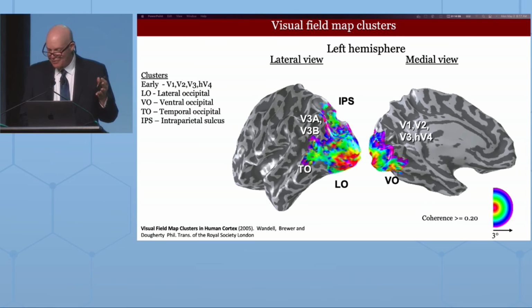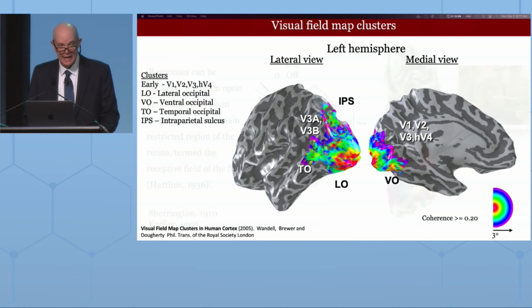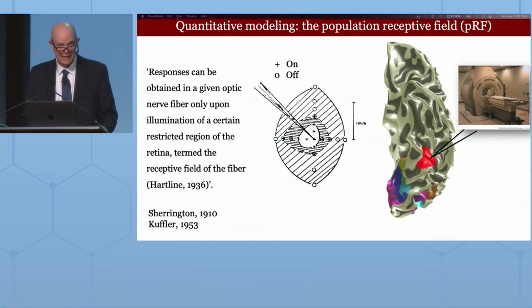Now, not everything in human cortex was a recapitulation of the non-human primate work. In fact, there are significant differences between all the primate species, and human differs from the others in a way. I can't go into that in detail today, but I hope that those of you who want to follow up on that get a chance to look at the literature and see the differences, which are notable.